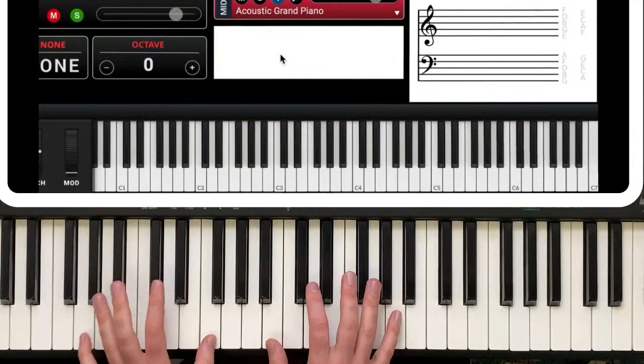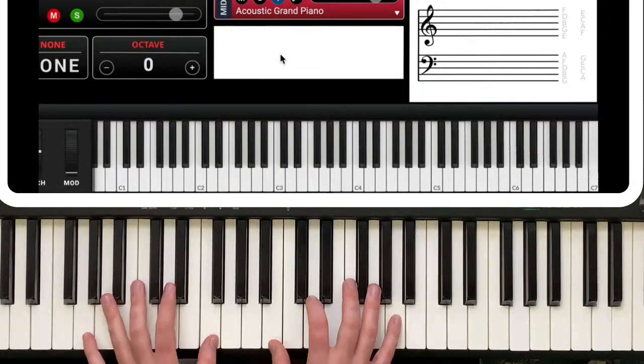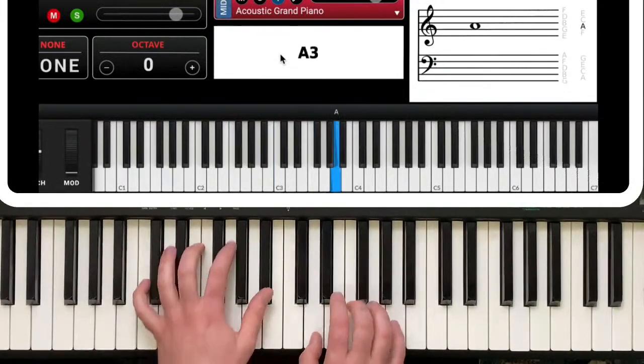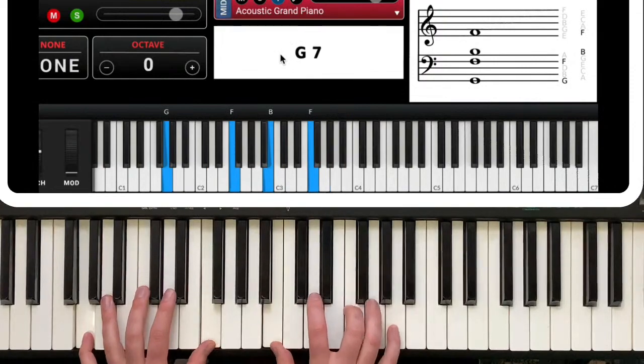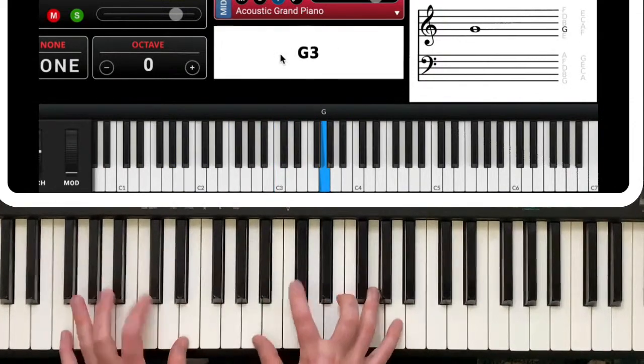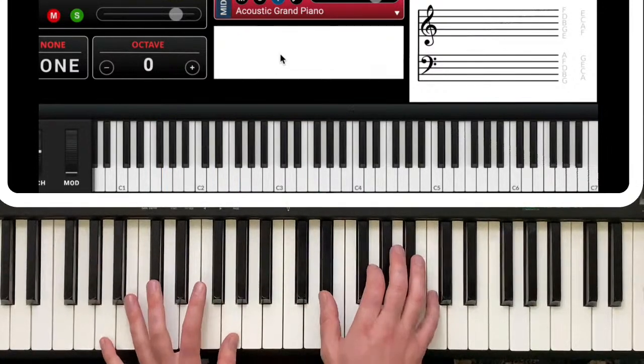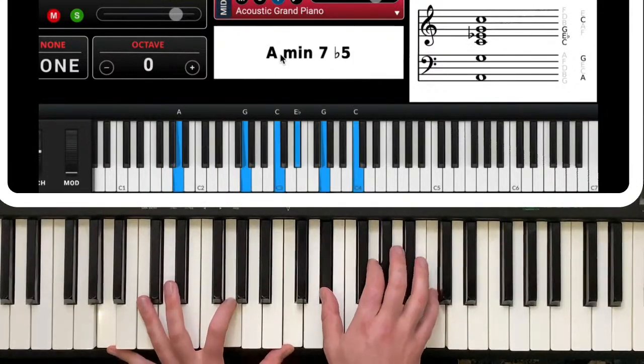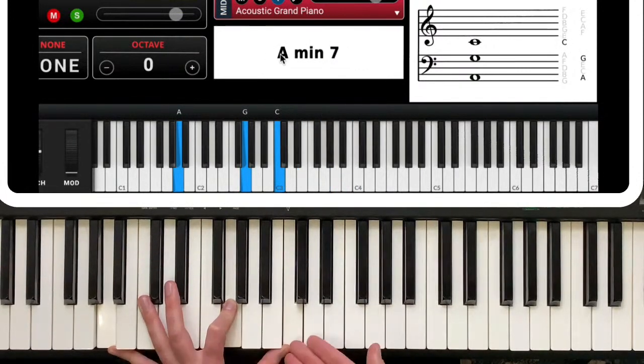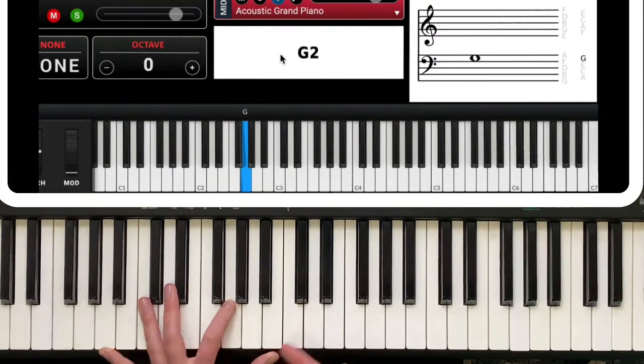So I go to this G7 chord, boom, I play the melody. Then I go to the next melody, right? I could do this. Here's my A minor 7 flat 5. Now this is a component I wasn't teaching yet, but that is in there. This is an option, 1,